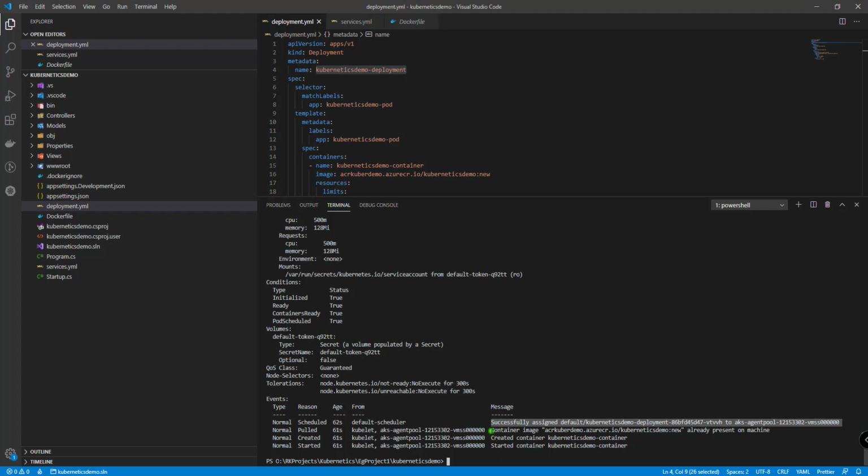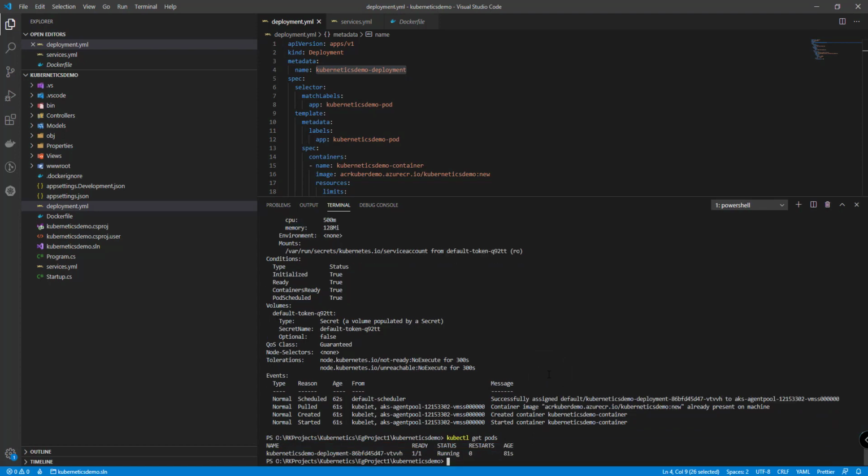It pulled the image from the Azure container registry, created the container and started the container. So if we get pods, we can see that our pod is running. Now we have our container up and running.